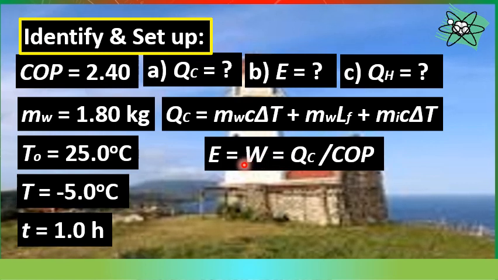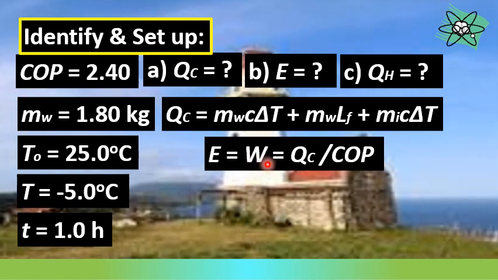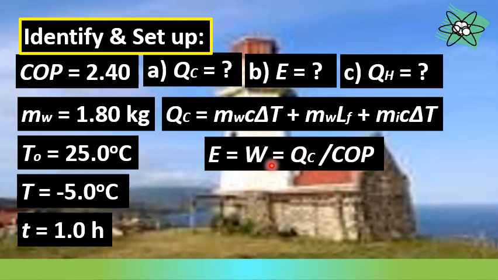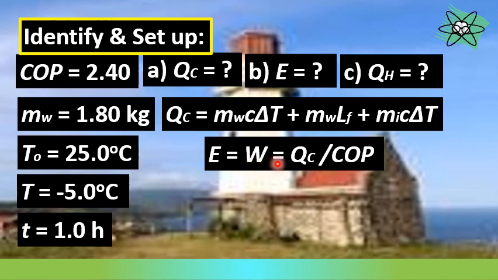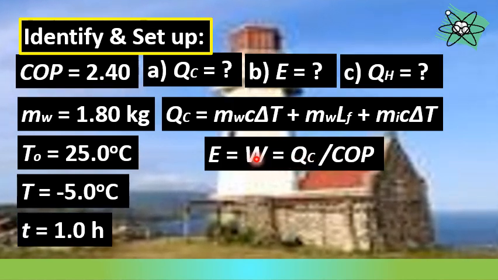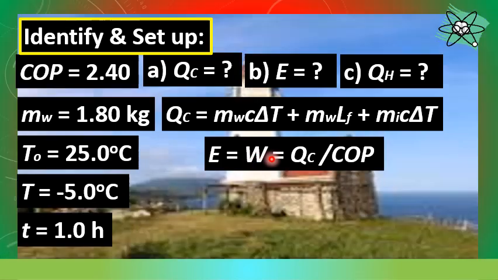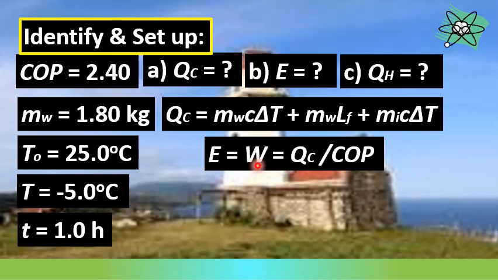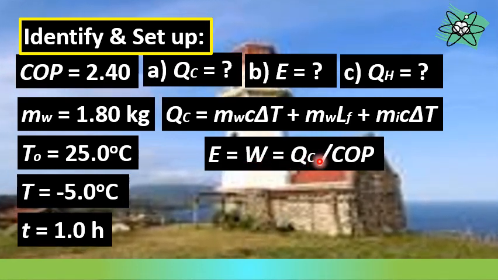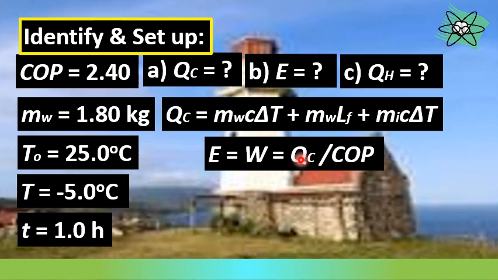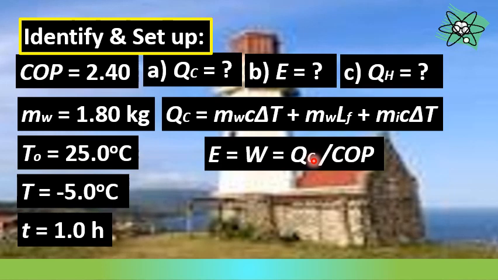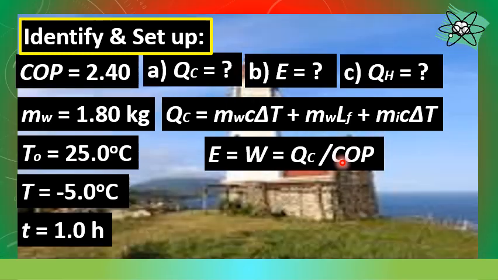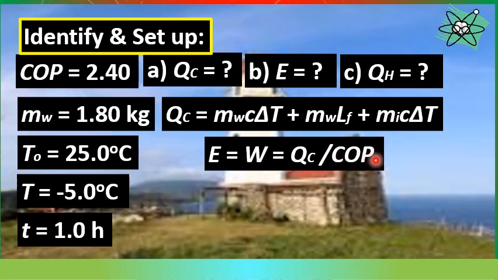Or in other words, by the compressor. It is the compressor of the freezer that actually does the work on the freezer. So that is labeled as W, which, as I explained earlier, the work done by the compressor is just equal to capital Q sub C, or the heat taken from the cold reservoir, divided by the coefficient of performance of the freezer, right?